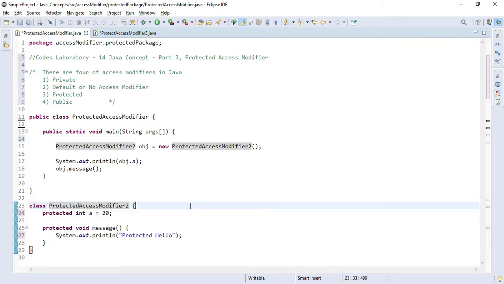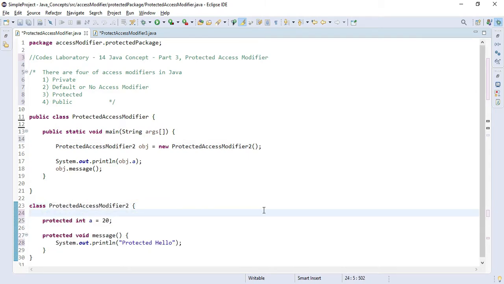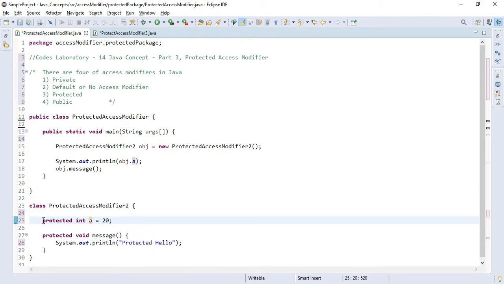Just to make you understand the protected access modifier, I have created two properties: one is an integer variable declared as protected, and another is a message method declared as protected in our default class.